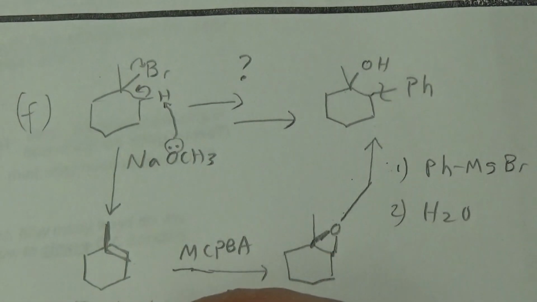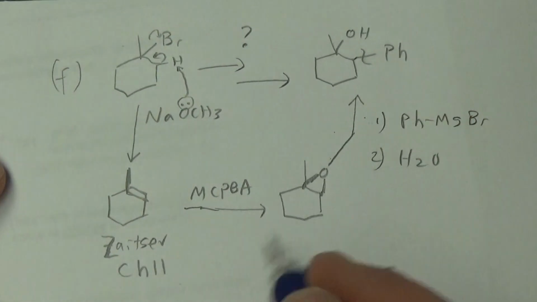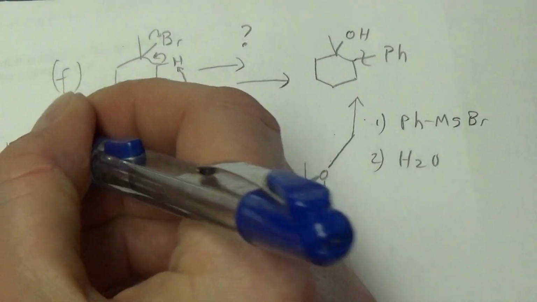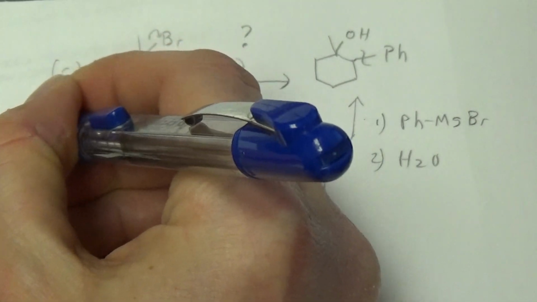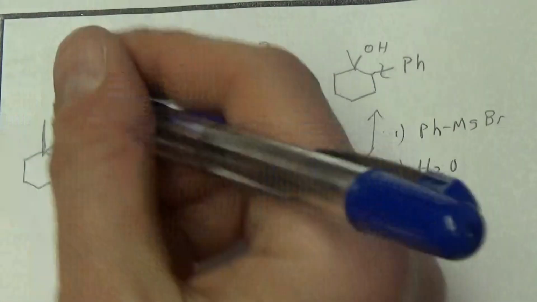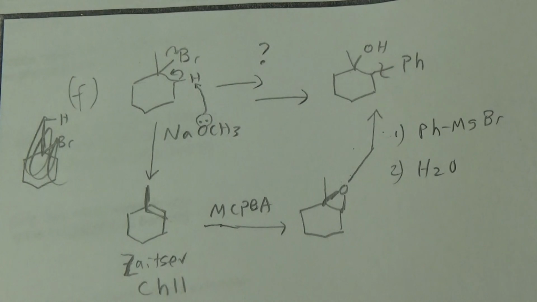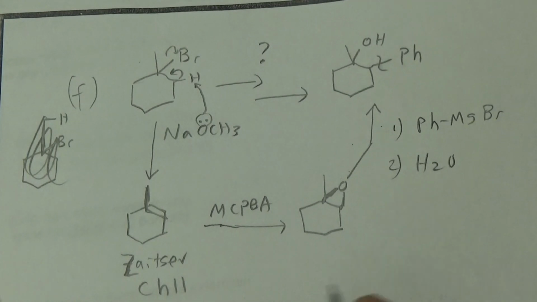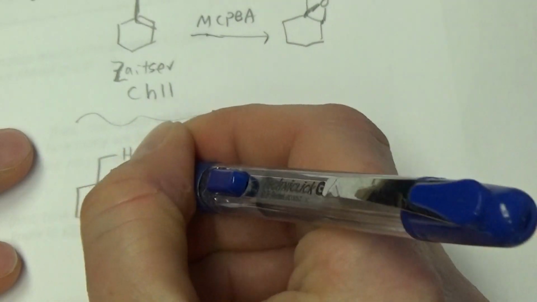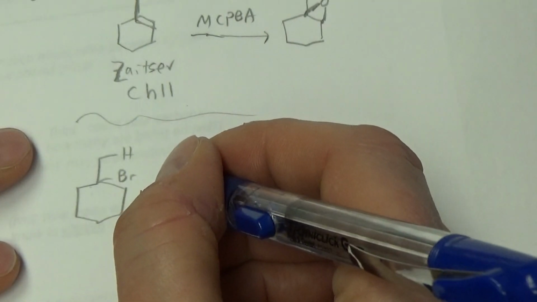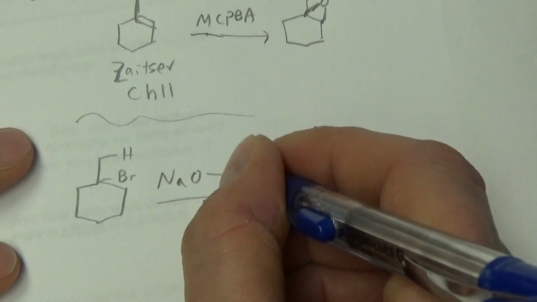What chapter is that? That's chapter 11? 11, yeah. The end of chapter 11 is that. But how would it look if it was anti-Zaitsev? And what reagent would you use for anti-Zaitsev? You'd use a hindered base. I'll draw it down here. If you want to do an anti-Zaitsev elimination reaction, and we have a Br there, you'd use a hindered base like NaOtBu or KOtBu, tert-butoxide, right? A nice big hindered base like that,